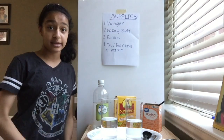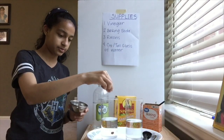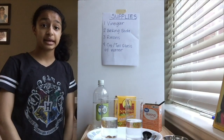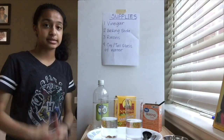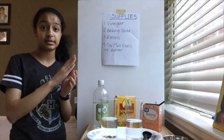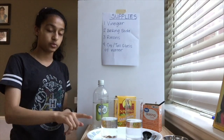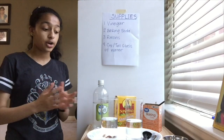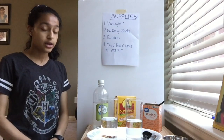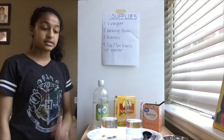So now that we've mixed in the baking soda and the vinegar into the water, it's time to put the raisins in. For this, we'll put in a few raisins. So now, it takes a little bit of time because the bubbles need to accumulate on the raisins. The bubbles accumulate on the raisins at touch, and the little air pockets that are in the little divots or holes in the raisins. And so slowly, all of the bubbles inside of the water, vinegar, baking soda mixture are coming onto the raisins. When those bubbles get to be enough on one raisin, you'll see that the raisin does something pretty amazing. But for now, we're going to have to wait about 5 minutes till the raisins,